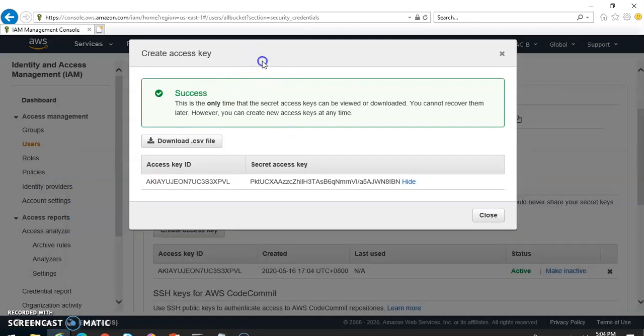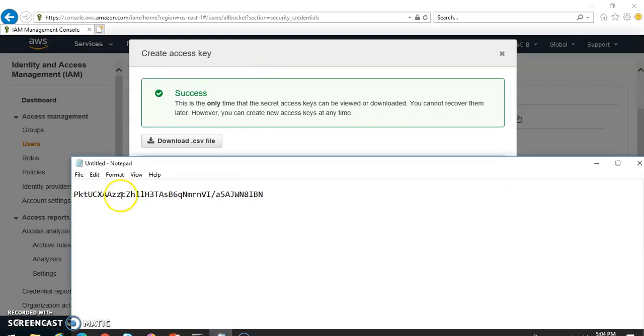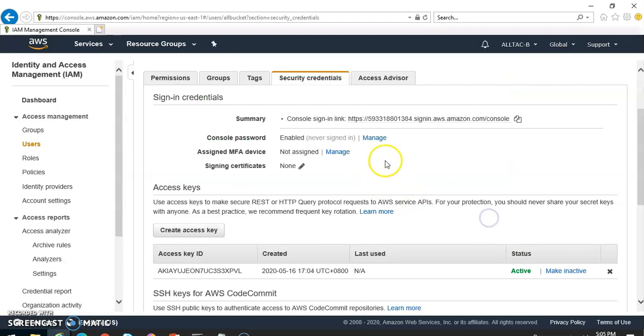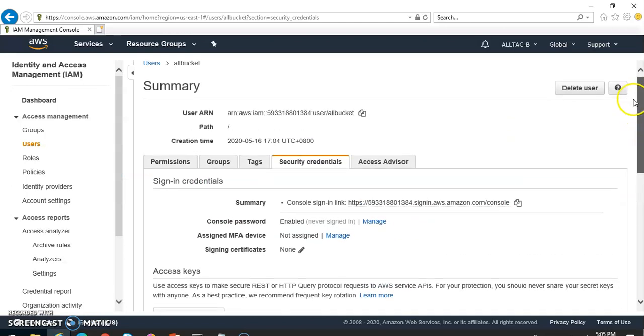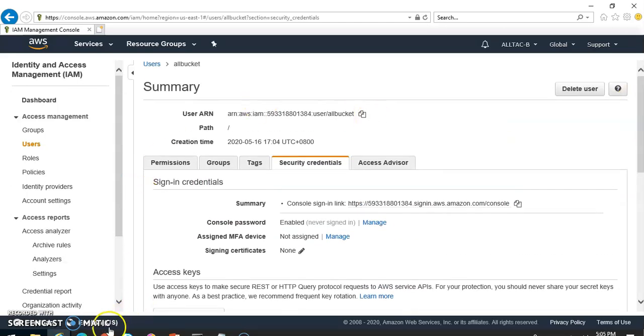This is the access key ID. So we have created a new user and copied the access key and secret key for this user, and we will need them when using the AWS CLI.